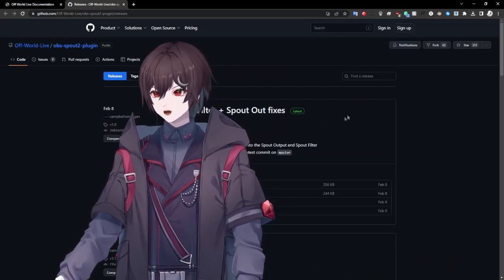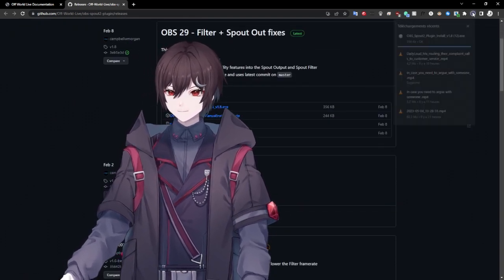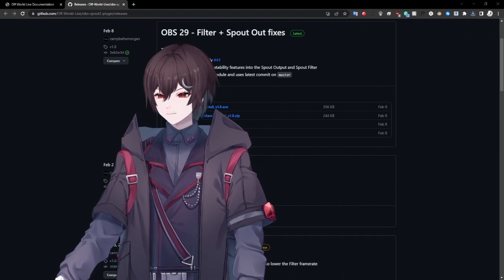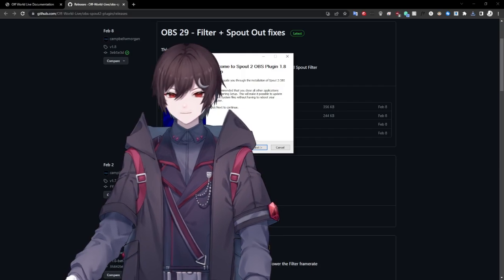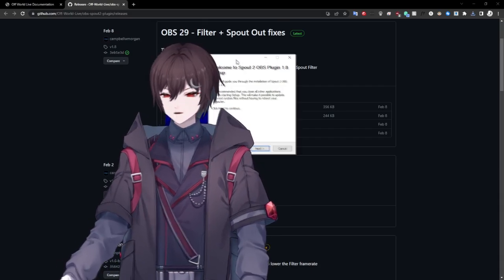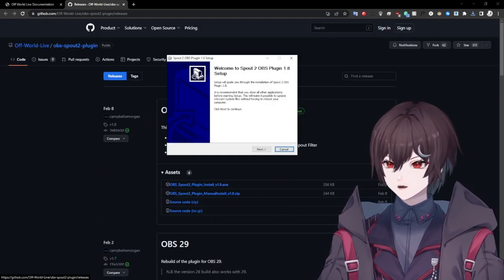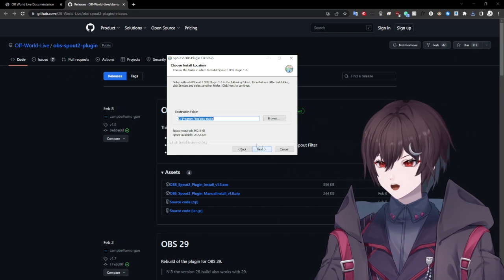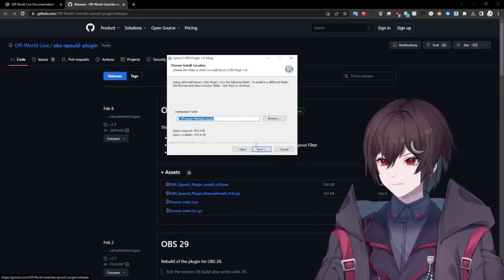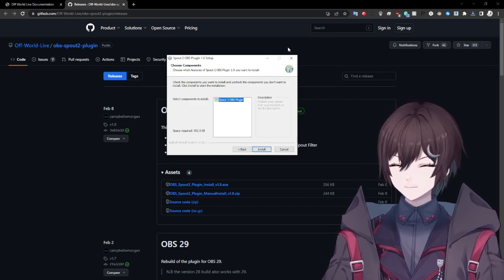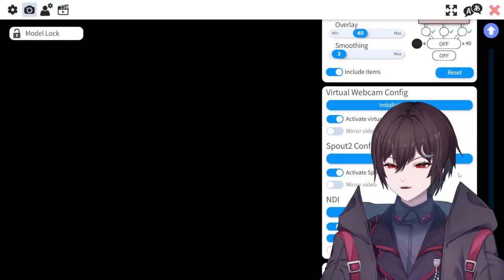and you go to this one if you're on Windows, you open it. Alright, I'm gonna move first, because I don't want to be in the way. Alright, so next, I agree, wherever your OBS is located, you put that here, and next, and install, and it should be fine. I'm not doing it because I have it already, but yeah,